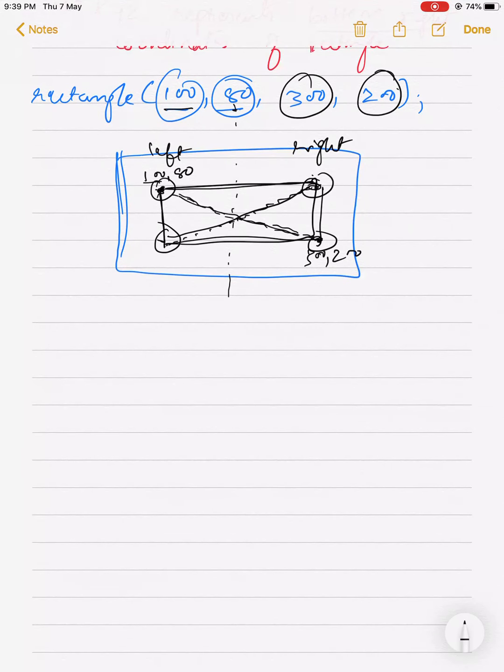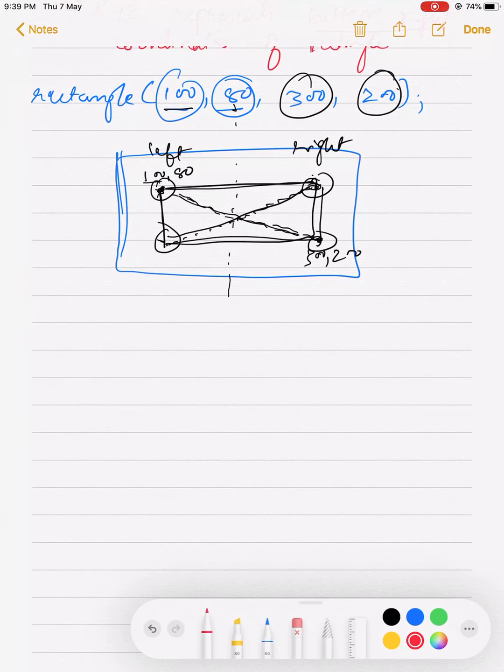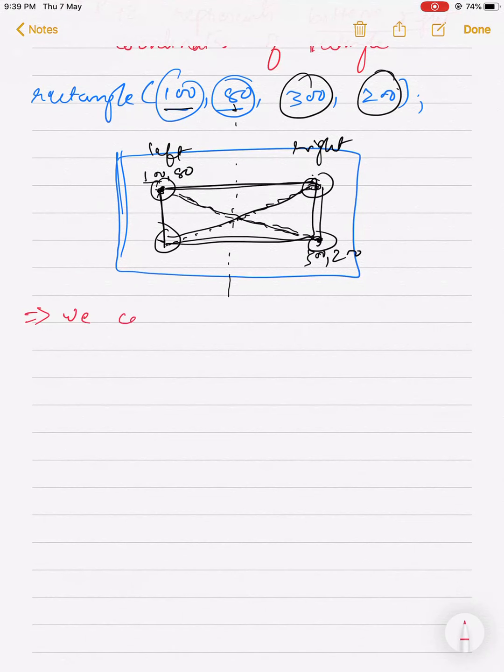Now we can set the style of the line. As we can set the color and the text color, similarly we can set the style of the line. How?